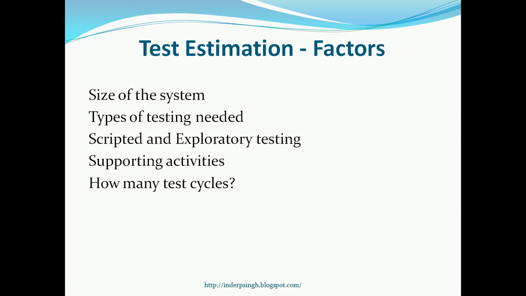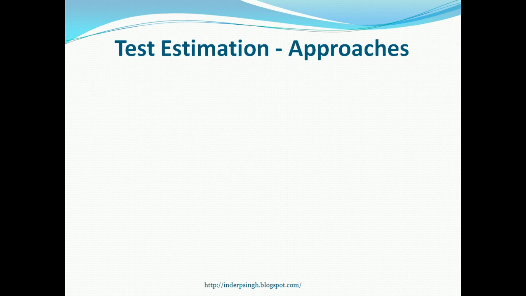Finally, you need to consider how many test cycles will be executed. Some people make the mistake of just assuming that there will be a single test cycle. That means all the tests will be executed once and everything will pass, which is not the reality. In reality, multiple test cycles are required, because in the first test cycle you will find certain defects. Those defects will be fixed, and then you will get another build which you need to test. So you can assume that there will be 2 test cycles, one after the other, and do the estimation for both these test cycles.